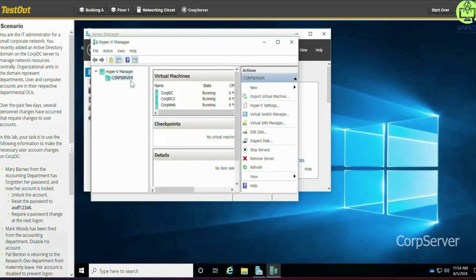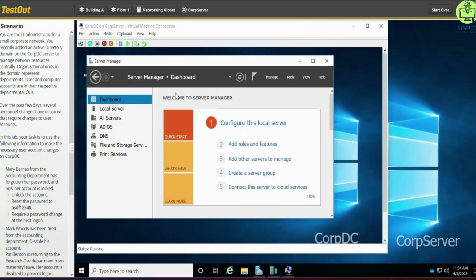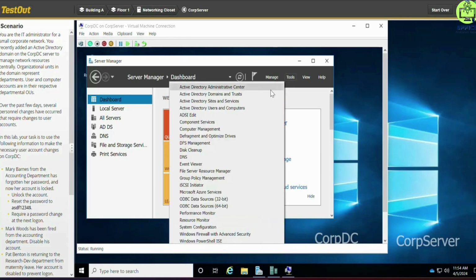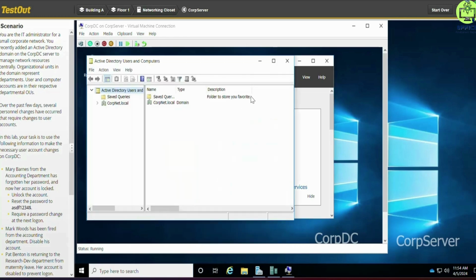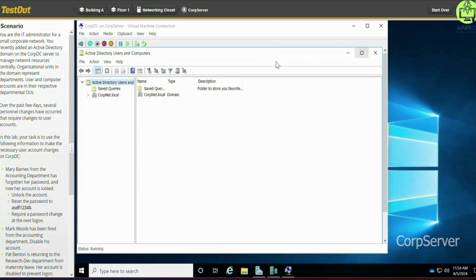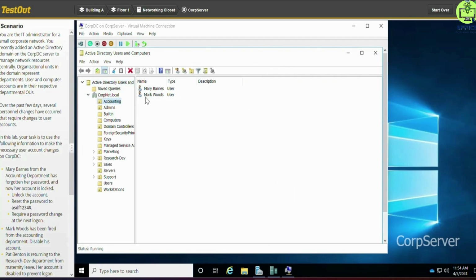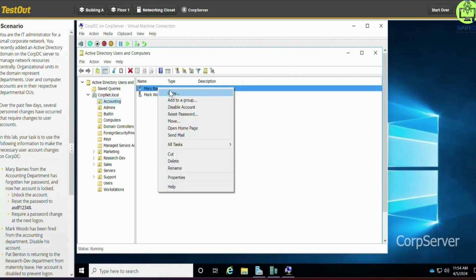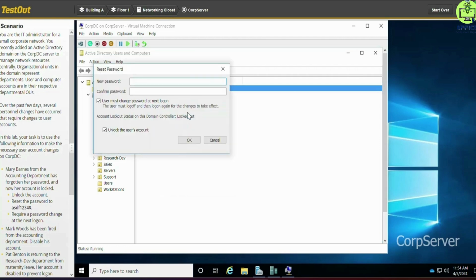So we click on COP server and we select COP DC. So we'll go to tools and Active Directory. Let's see, expand this, expand CompTIA.local and scroll down to accounting and Mary Beans. Right click on Mary Beans and